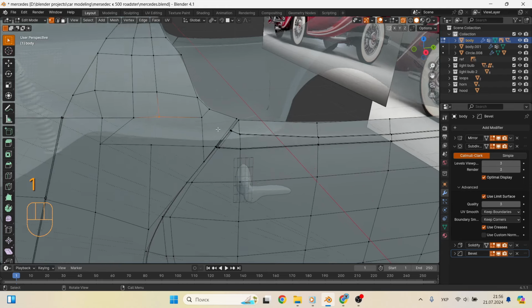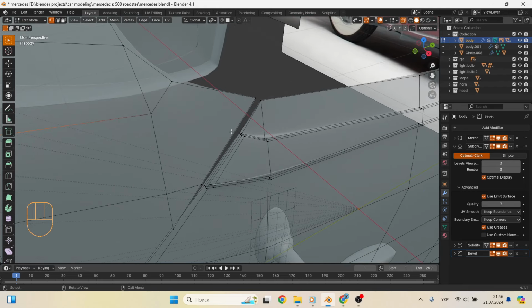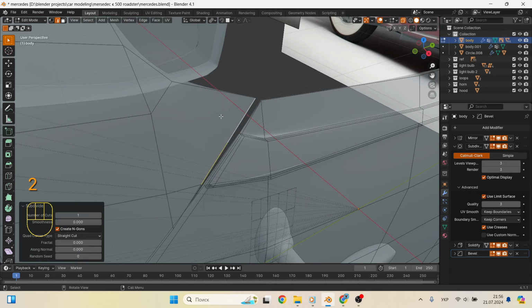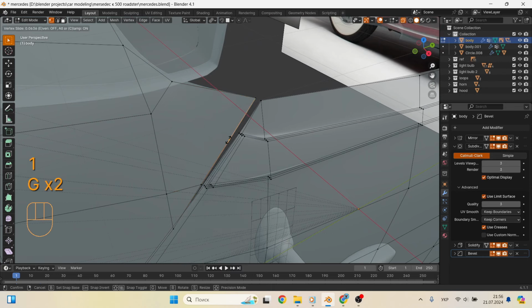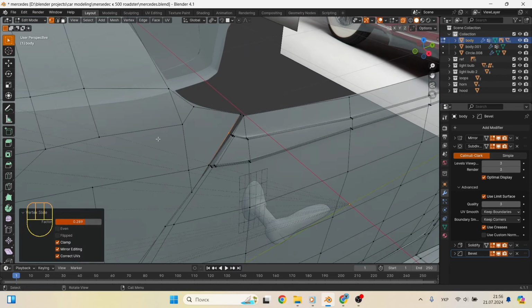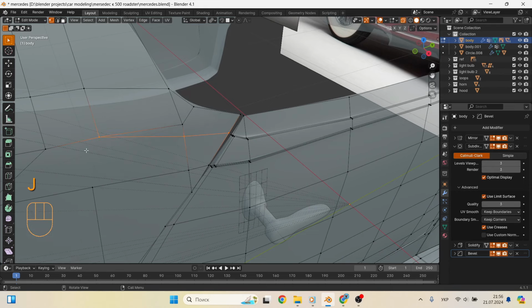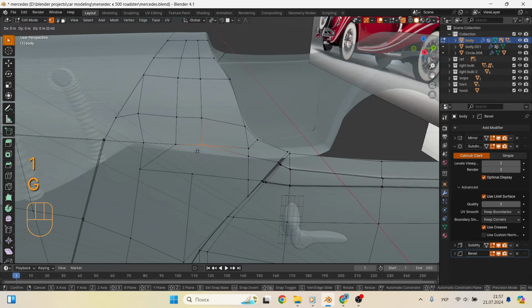Now we need to move the vertices so as to create the inner part of the frame, but we are missing one vertex to close the perimeter. We need to subdivide the edge in half, place this vertex opposite the molding on the door and combine it with the rest. We correct the vertices a little and select the faces that we want to extrude.